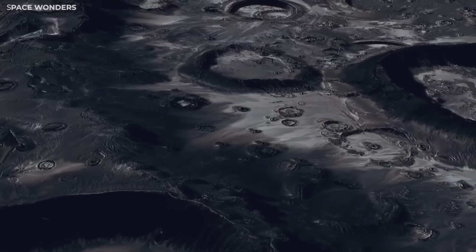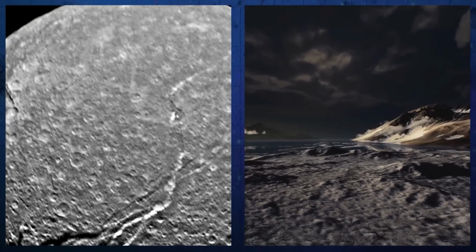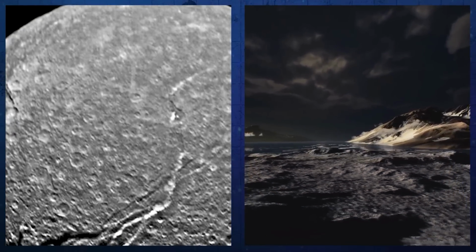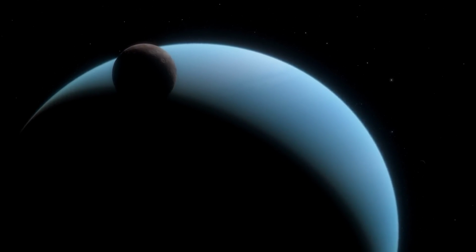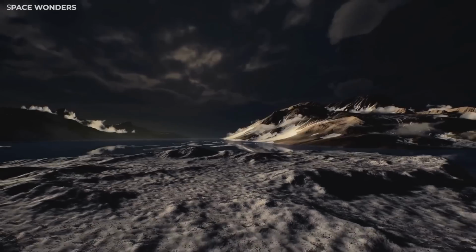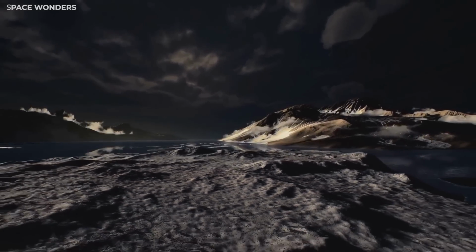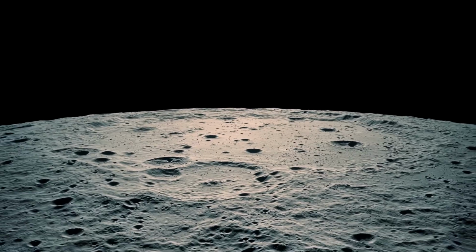Oberon's composition is thought to be a mix of water ice and rock, with a density suggesting that roughly half of its mass is rock. This composition places it in line with other large moons in the outer solar system, such as Titan and Callisto. The presence of water ice raises the possibility of a subsurface layer of liquid water, though there is currently no